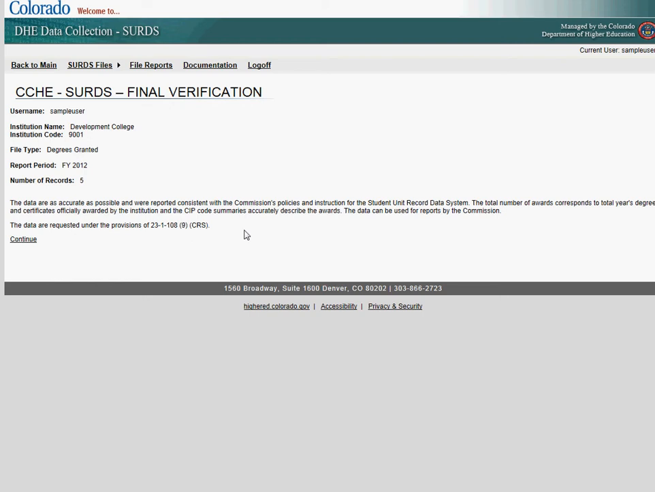This statement is the same for most of the files. It might be slightly different based on the file. For example, if you work with financial aid, there'll be a little more detail, including it'll summarize the number of state awards and so forth. But read that, just basically certifying that we agree that that data being submitted and signed off is accurate. Click the continue button,